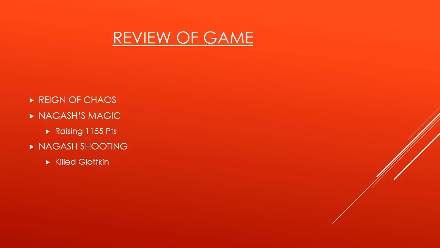And just kind of a quick review of the game, which could have been a game changer after reviewing it. This is the first time playing the Glottkin and using the book and trying to remember all of his stuff. We forgot to use the Reign of Chaos table for that first spell, which was the 12 dice, or actually it was 11 dice. So with that, it would have been a dynamic possession,